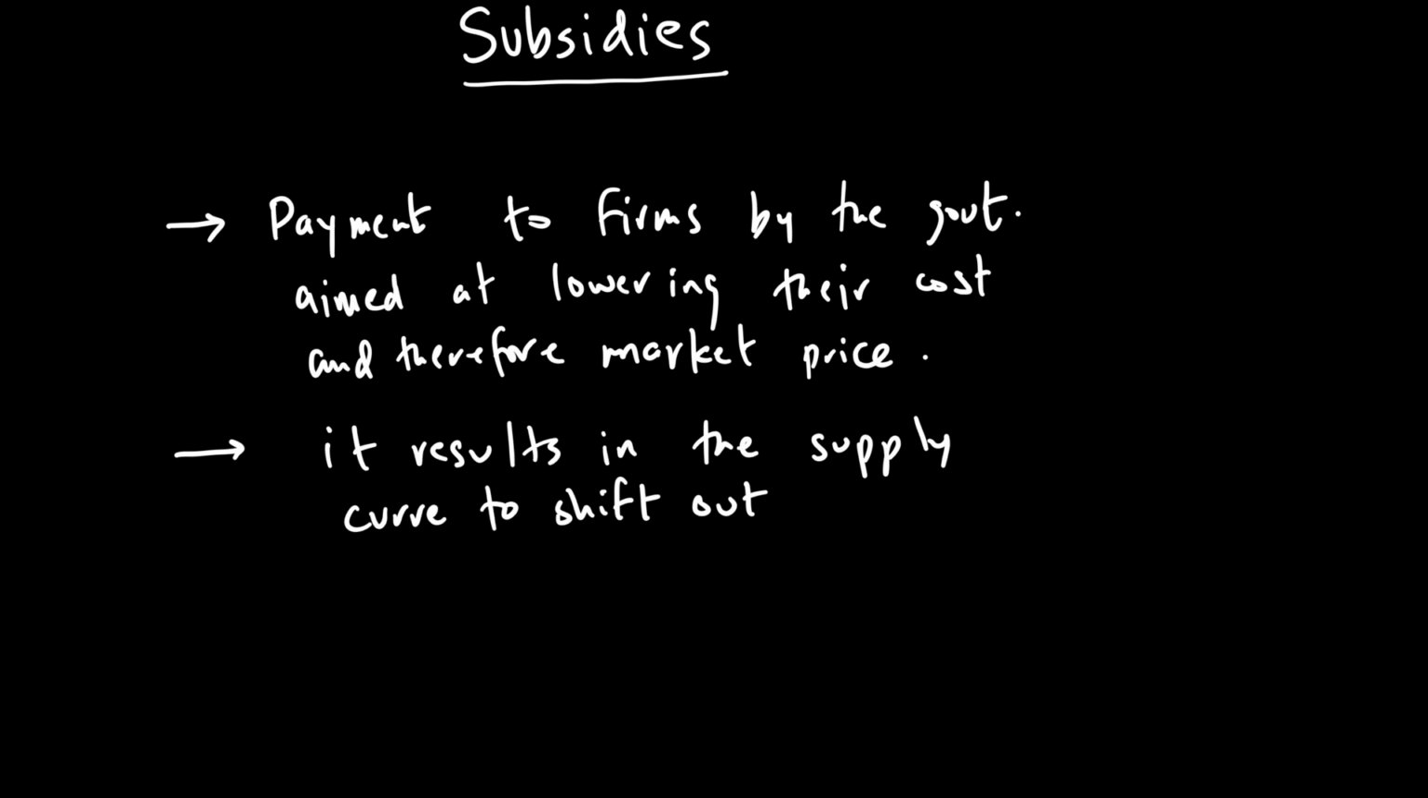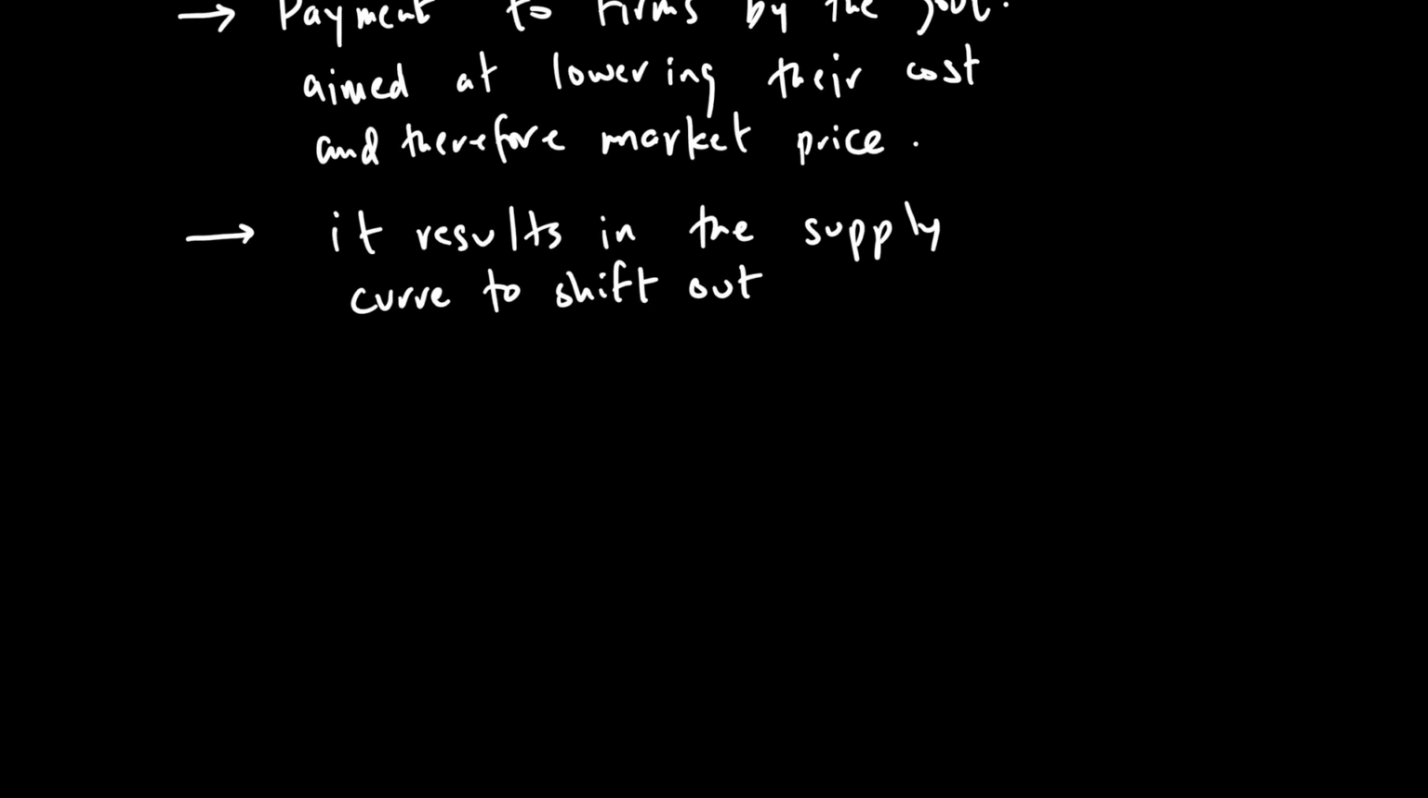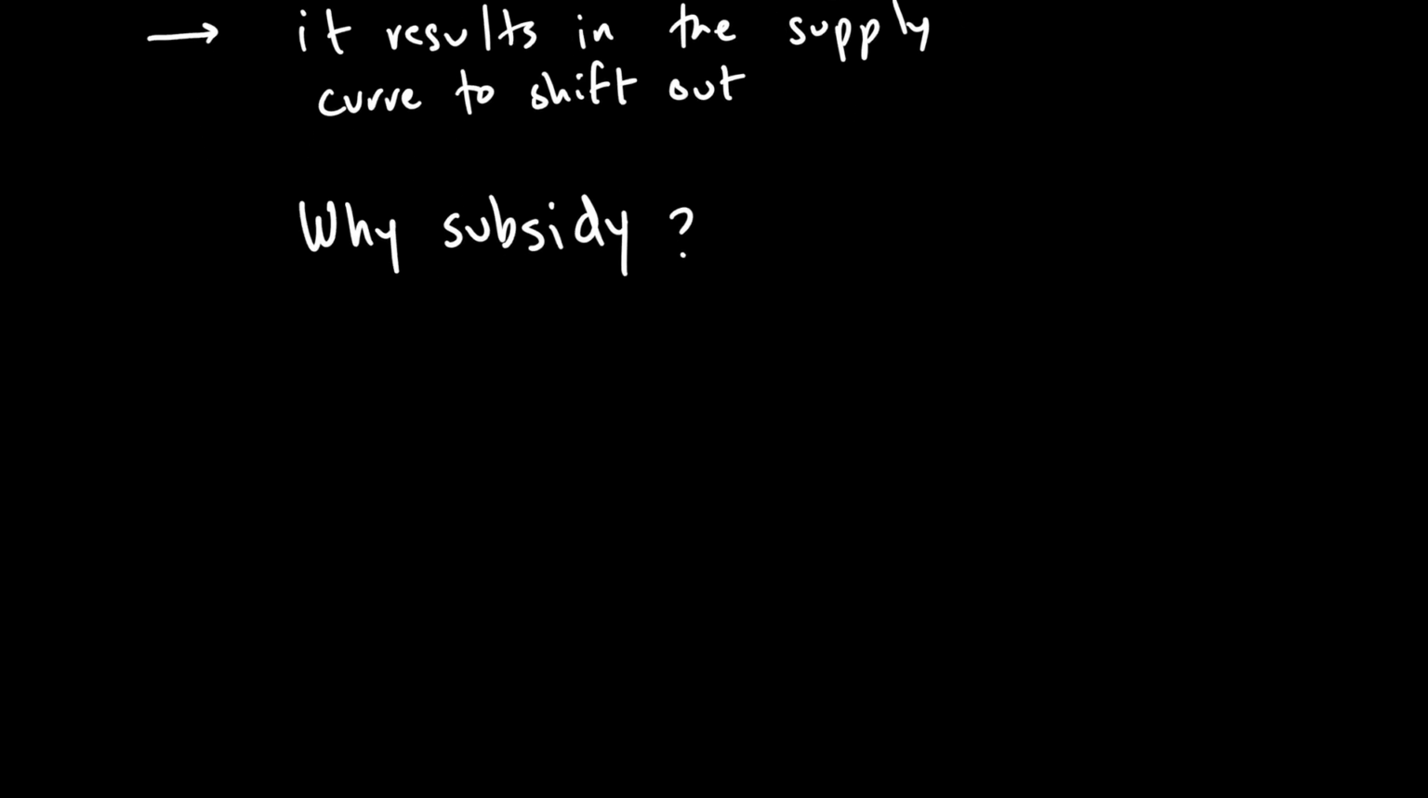Before we talk about the diagram of subsidy, let's talk about why subsidy is given to start off with. So, why subsidy? Well, government gives subsidy for a variety of reasons. The first reason we say why government would want to give subsidy is simply to make the good cheaper